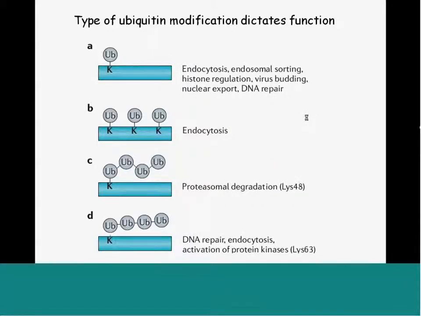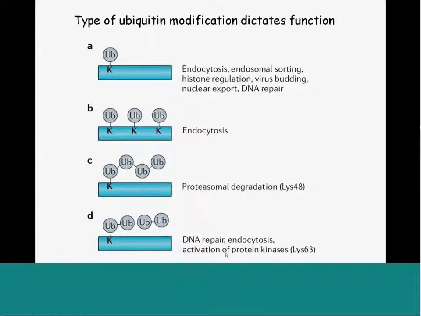Now, the reason why I talk about this is because it's important. Different types of chains appear to have different functions. So, typically, K48 linked chains have been linked to proteasomal degradation. So if a protein is modified by K48, it's been thought that that would then target that protein for proteasomal degradation, whereas modification by other types of ubiquitin chains, such as K63, would serve non-proteasomal functions, such as in